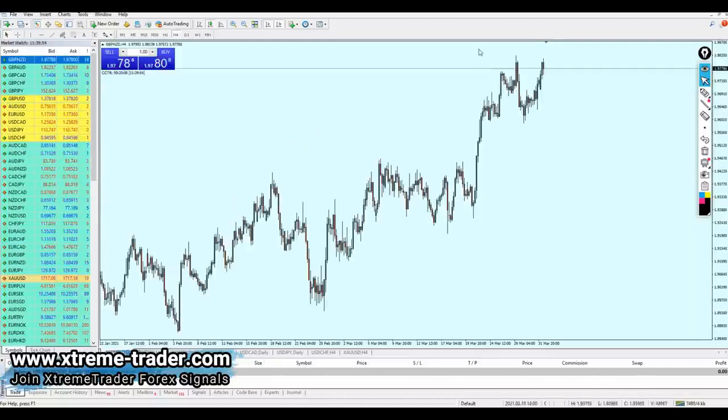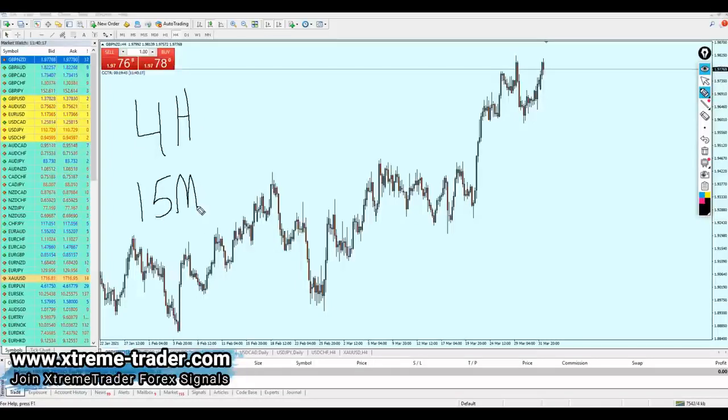So now what we need to find here. Now let me go into the depth of the strategy itself. What is the strategy that I'm using every day in my daily trades? First of all, we need to understand that to use my strategy, I need to switch between two time frames. The first one is going to be the 4-hour time frame, and the other one is going to be a 15-minute time frame. Now, what is the reason for that?